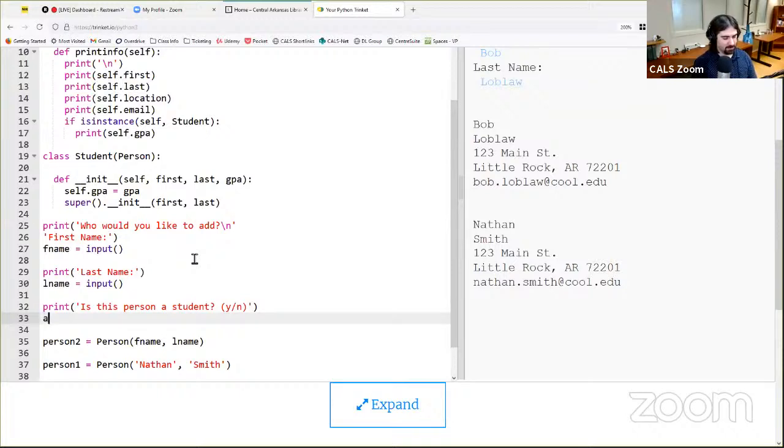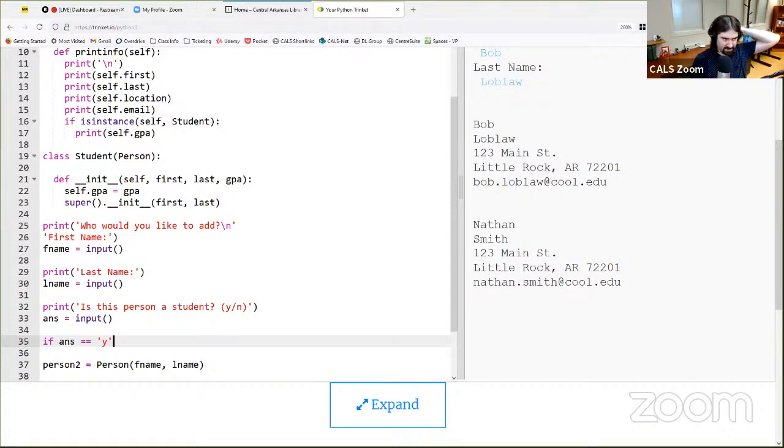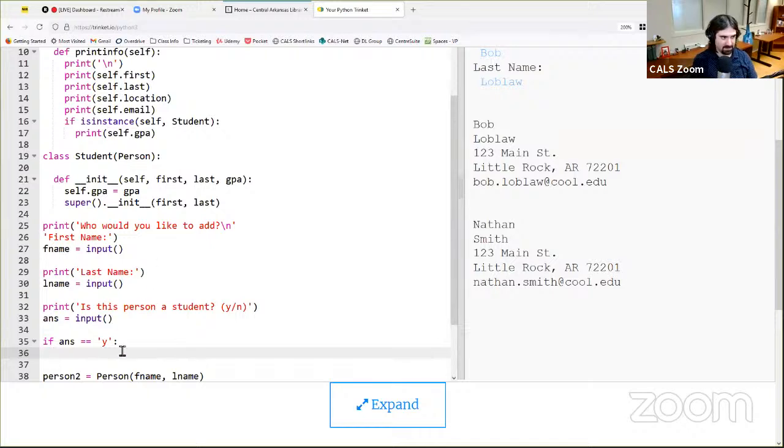And then we'll create a variable called ANS for answer, or just ans. ANS equals input. Open a set of parentheses, close them right back. And then we'll say if ANS double equal sign, and then Y inside of single quotes. All right. So if that person's a student, if they say Y, colon, and then indented underneath that,